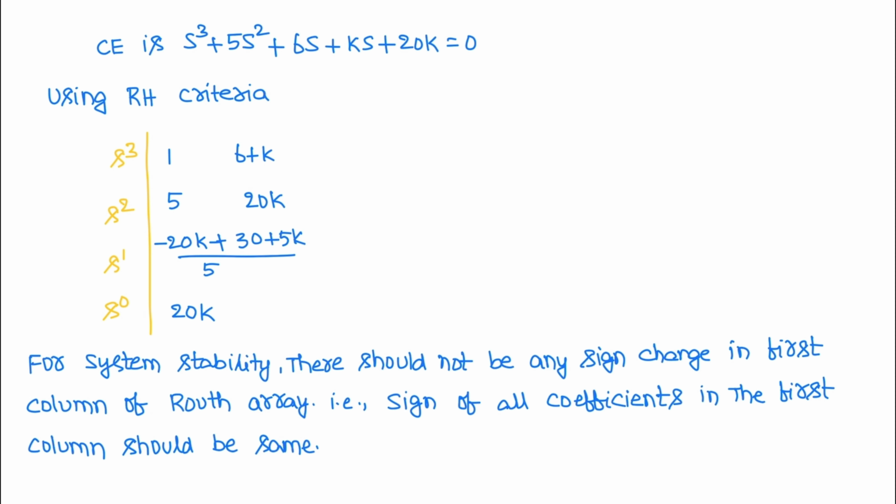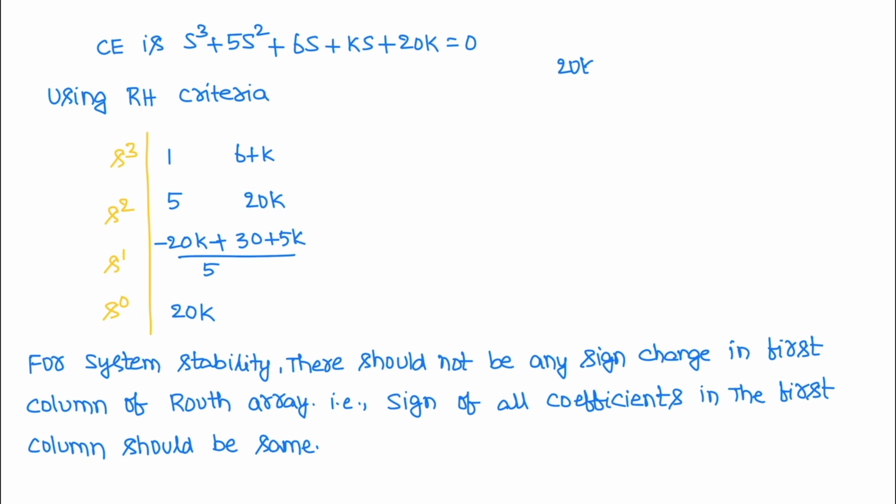For the system to be stable, there should not be any sign change in the first column of the Routh array. Hence, all the coefficients in the first column of the Routh array should be of the same sign. All are positive or all are negative. Therefore,